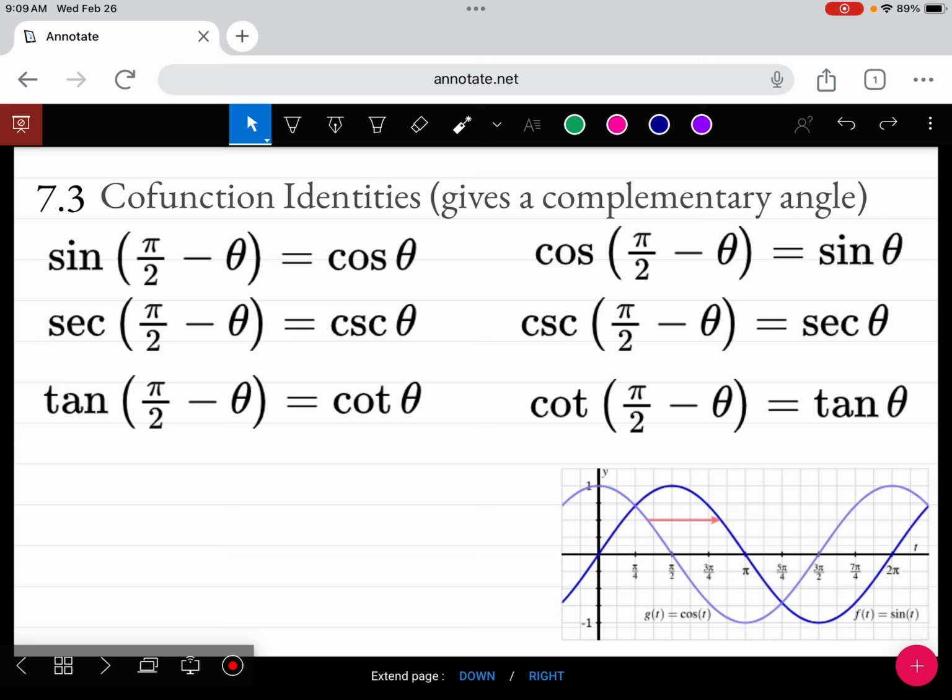So they word it slightly different. We talked about adding pi over 2. This is saying pi over 2 minus your angle. It's just shifting it the other direction. So these are our formulas we're going to work with to find